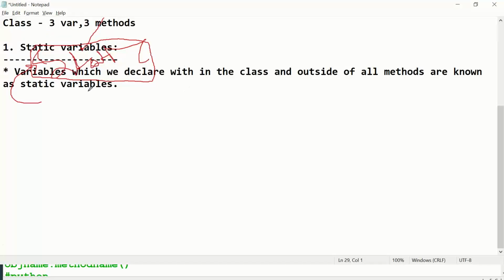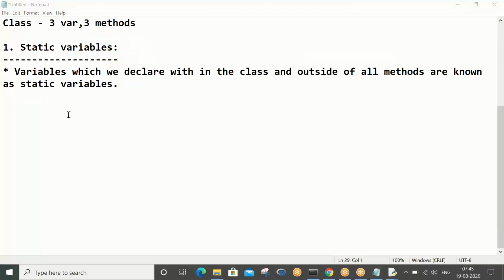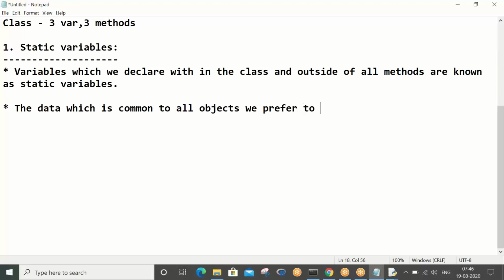Now, what do we put in these variables? The data which is common to all objects, we prefer to store using static variables.